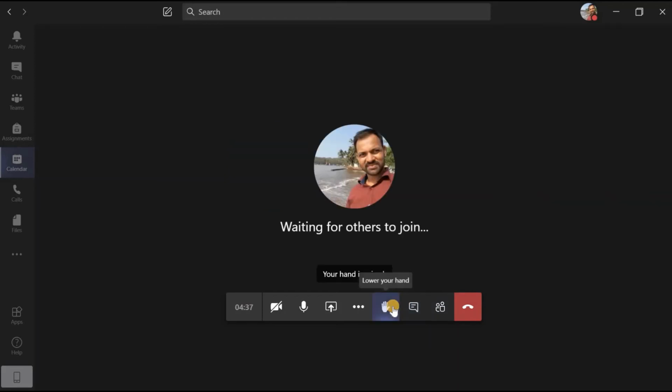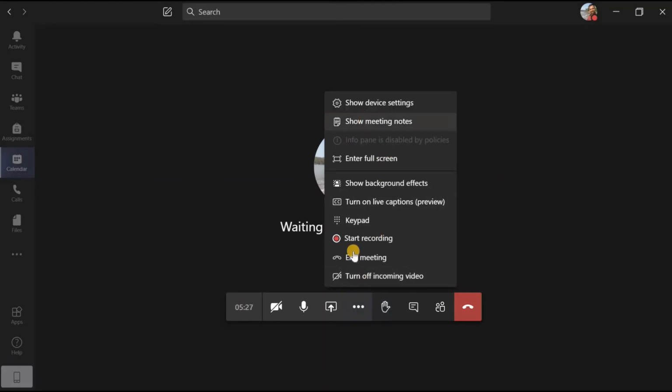Up till now we have explored the hang up button, show participants and show conversation. Then raise your hand. We can ask our questions in the conversation, or by raising our hand we can also raise our questions. Now beside raise your hand, three dots are there. If you click on these three dots, many options will pop up. Out of those, we are going to focus on two to three options only, because those are most important for a teacher.